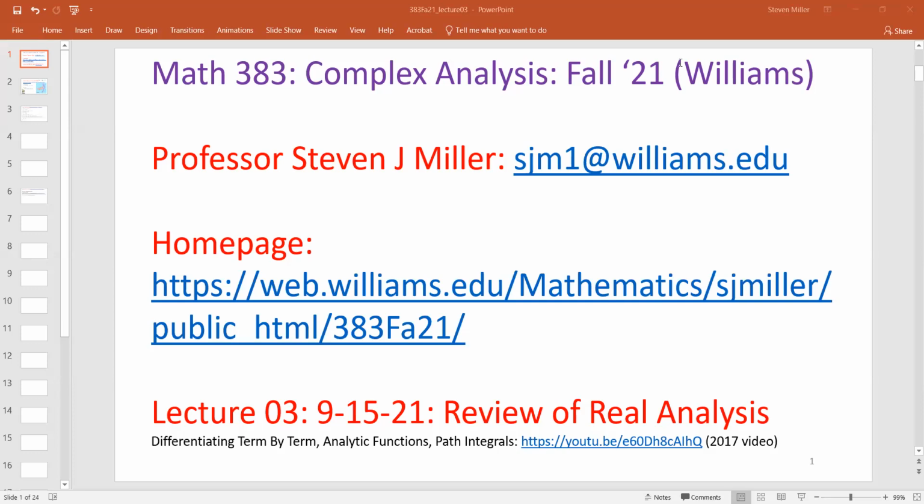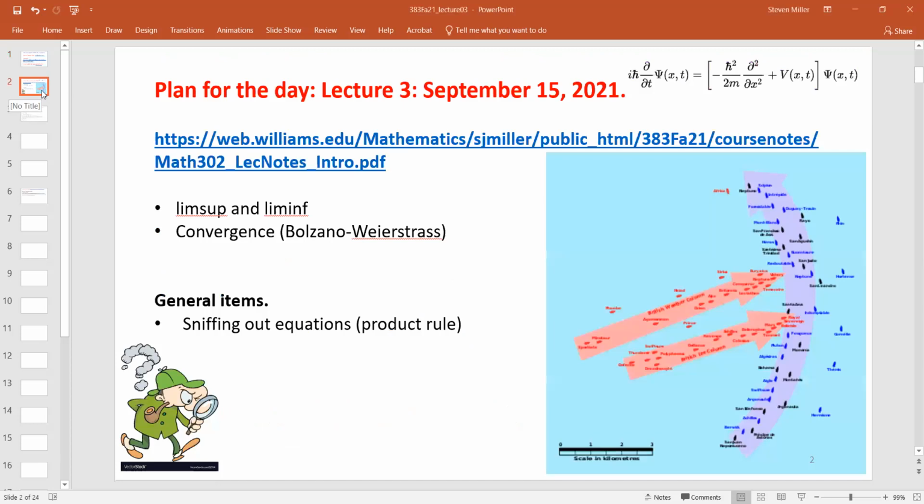I have prepared some stuff on limsup, liminf from some questions some people had, and some stuff on Bolzano-Weierstrass, and I'm happy to talk about those. Is anybody interested in either of those topics? Okay, so let's quickly go through those. Again, our game plan for today: limsup, liminf, convergence, and how to do all this stuff rigorously. And then if we have a chance at the end,